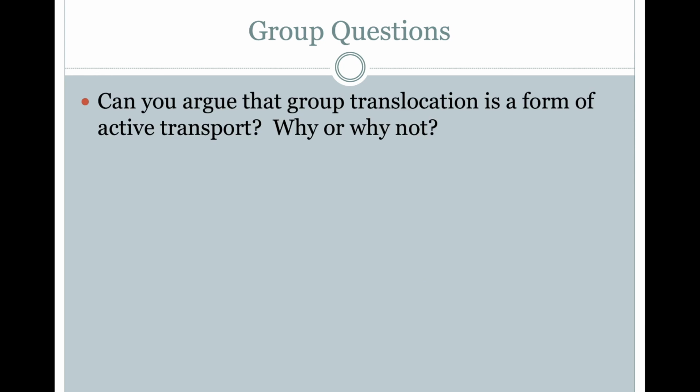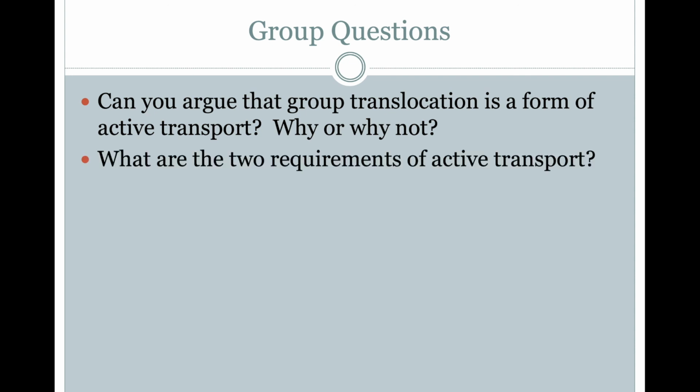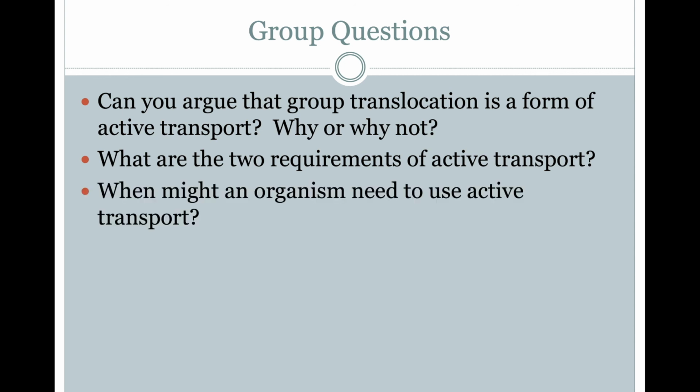So some questions: can you argue that group translocation is a form of active transport? We've answered that already. I think yes, because our two rules of the road for active transport is requirement of energy and requirement of transport proteins, and both of those conditions are met with the group translocation. What are two requirements? As just said, two requirements are the input of energy and the need for